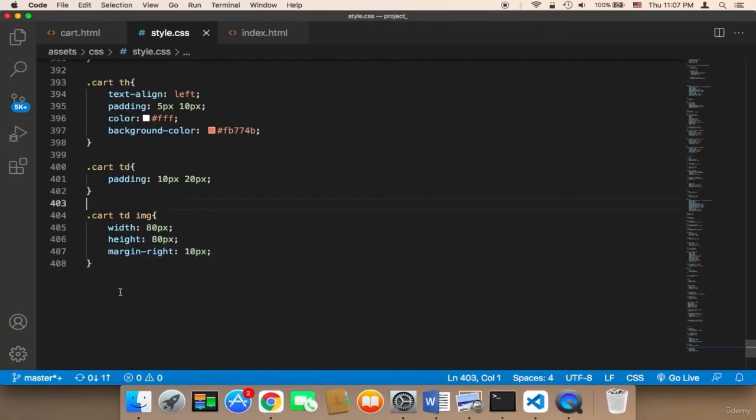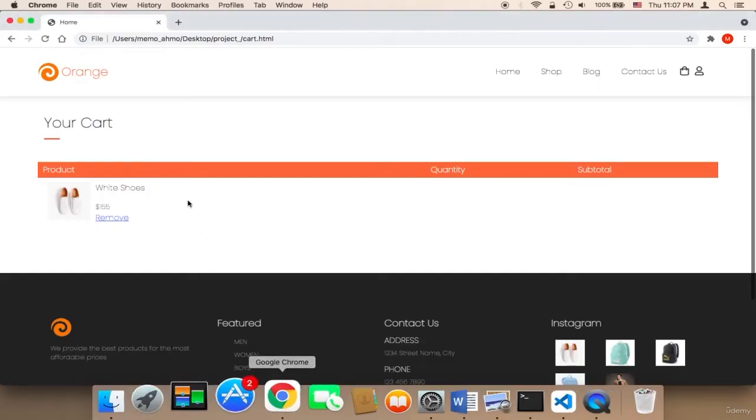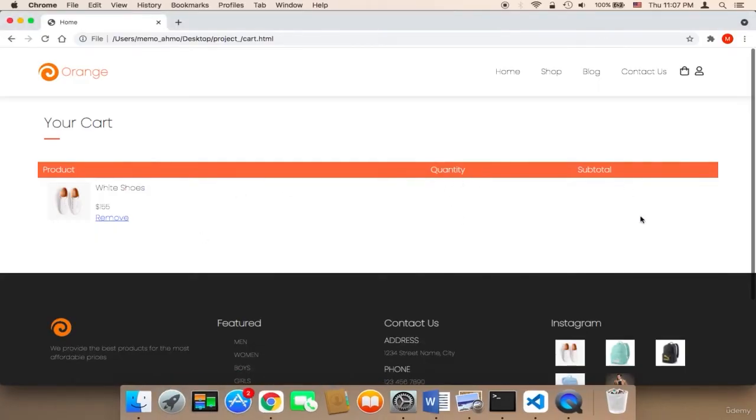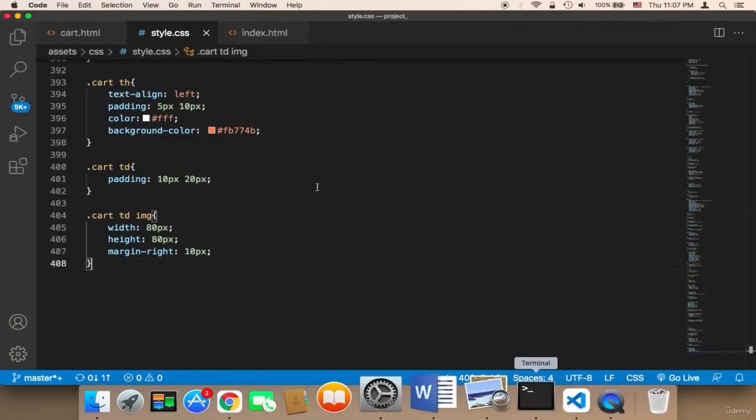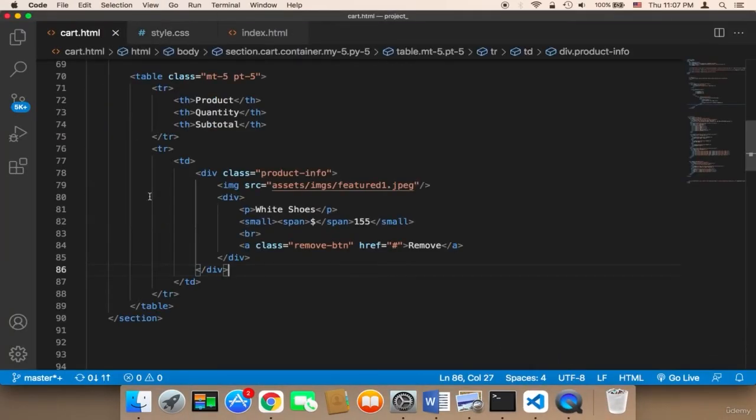So what else we want to work on is that we are done with this part. But here we need to add the quantity as well as the subtotal. In order to do this, I'm going to head on over back to the cart. So in the cart, we need to work on the quantity, we need to display an input that displays the quantity. So below this remove button,